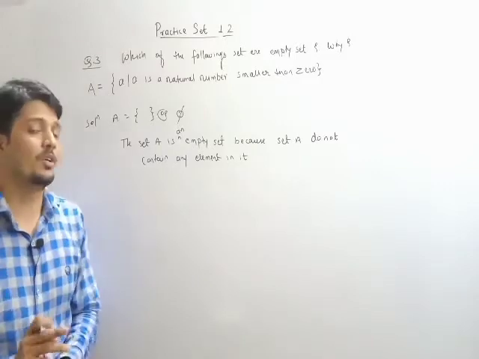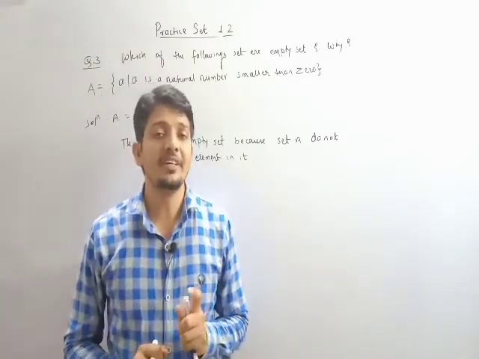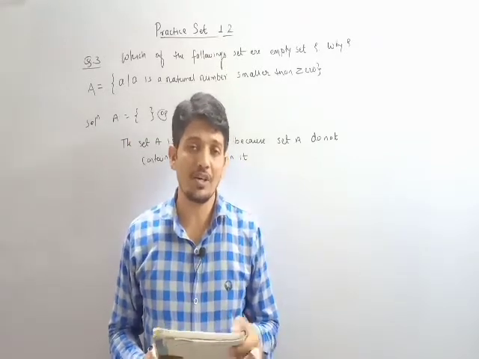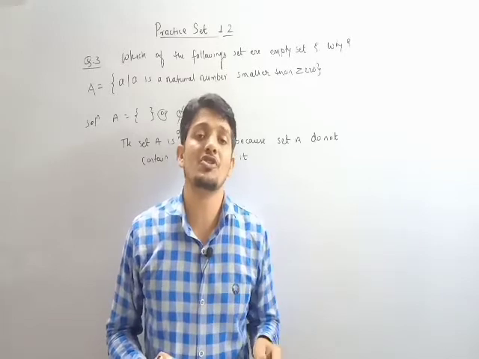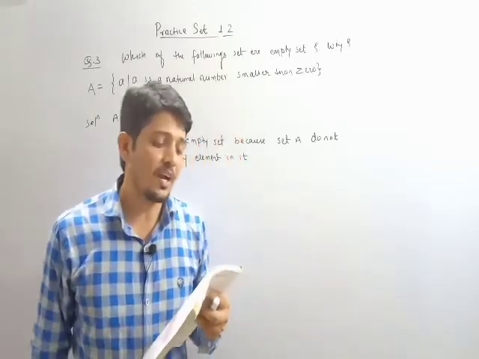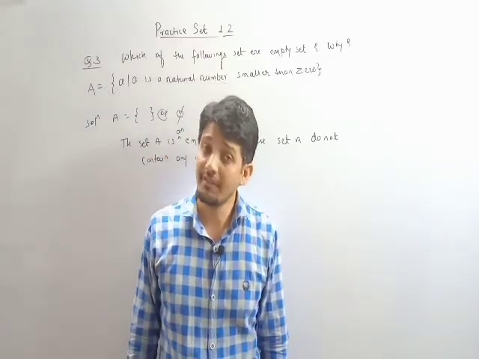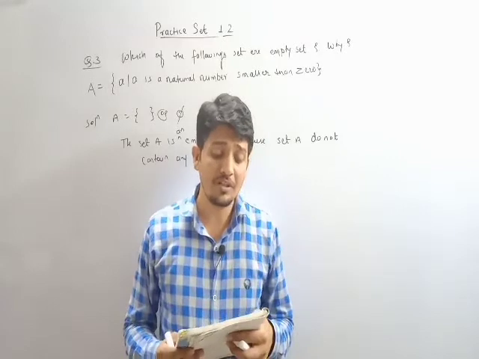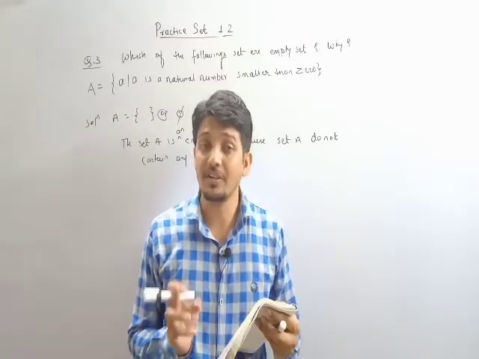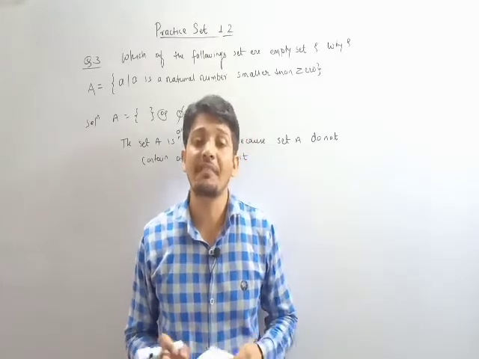So this is all about the first question. Now the second question is also very easy. It is homework for you. The next question is the fourth question having 7 sub questions. Here we have to identify which sets are finite sets or infinite sets. The fourth question says write the reason, that means we have to write the reason for which of the following sets are finite or infinite sets.